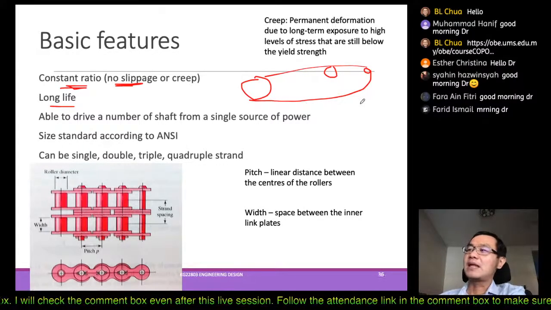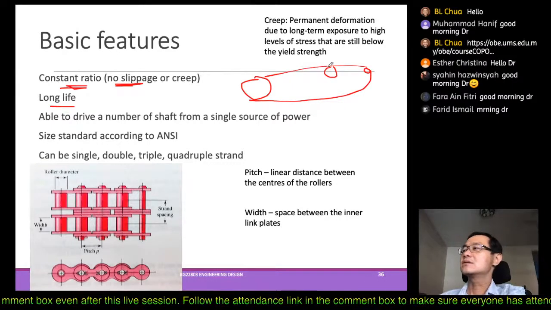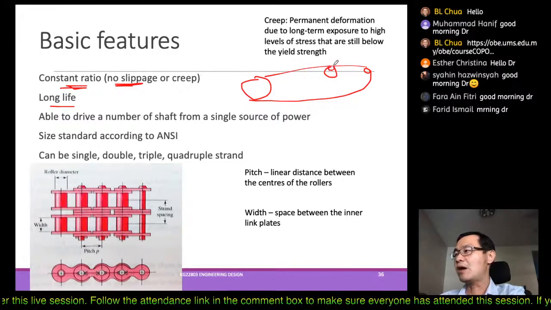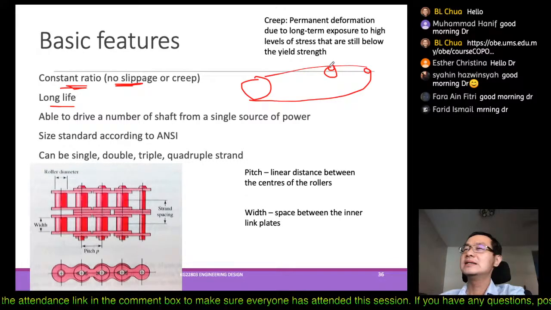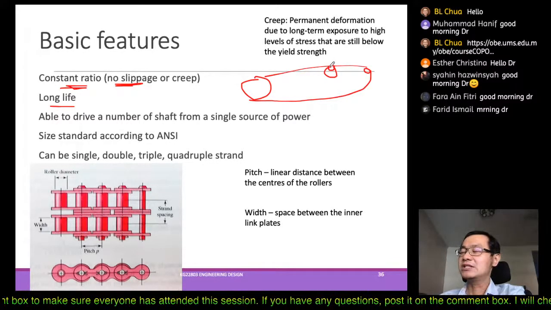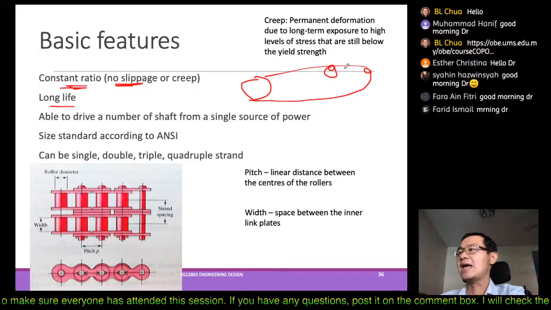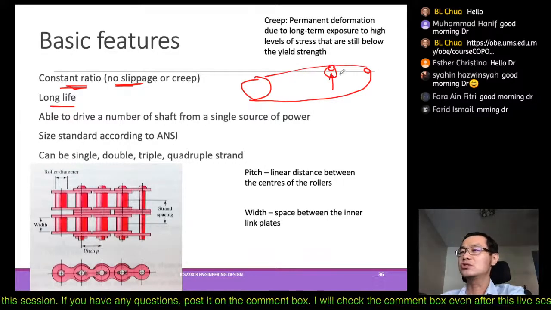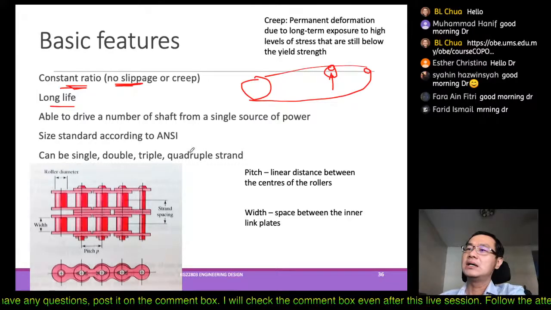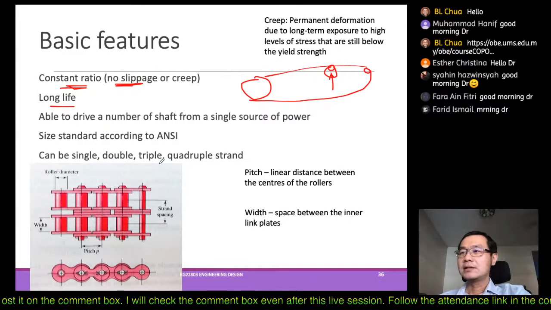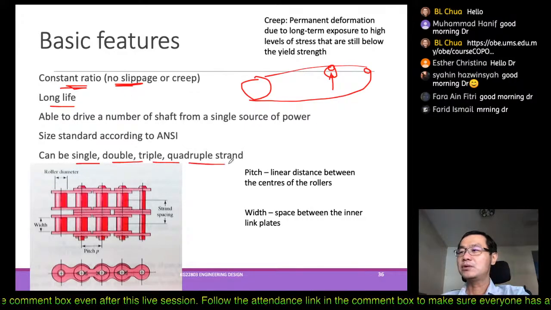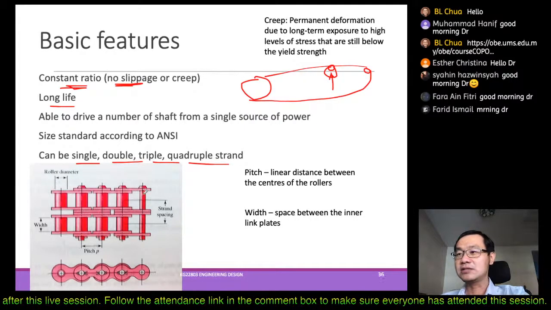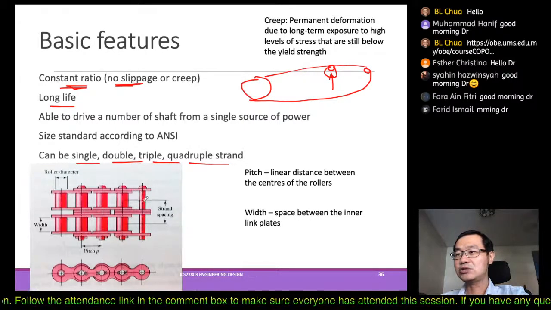shaft in between them, because the transmission of power is between the roller, the pin of the chain and your sprocket. So we use the sprocket to transmit the power. Therefore they can have a single, double, triple, quadruple strand. So this is the strand, one strand, two